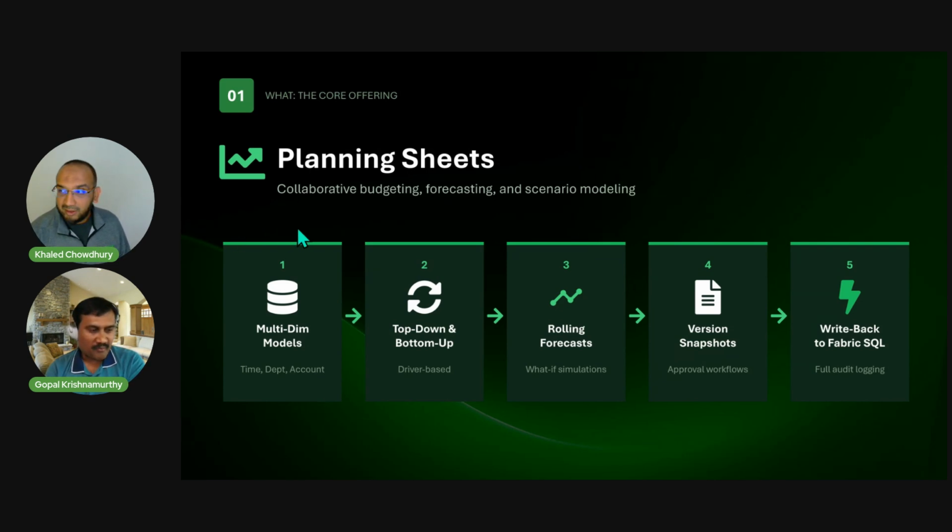Yeah. So now the beauty of Fabric planning is, outside of Excel, this is the first software that can actually do row-based modeling, where you can actually insert rows. On the product you have something called a model builder, which is where our value comes in.